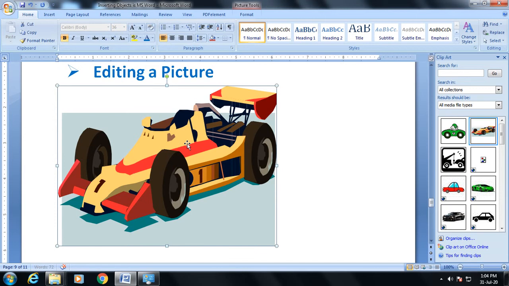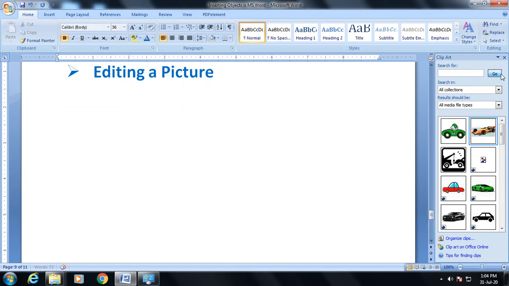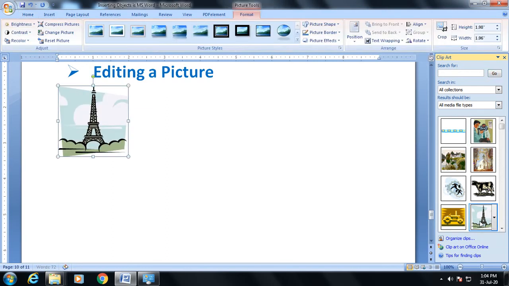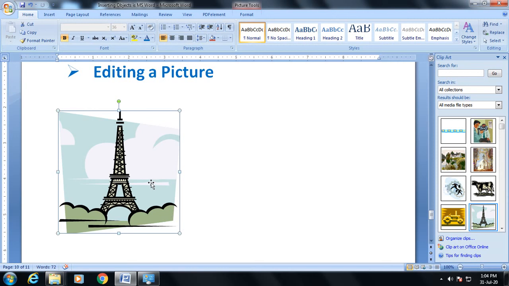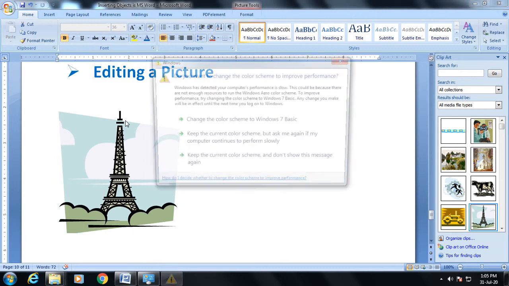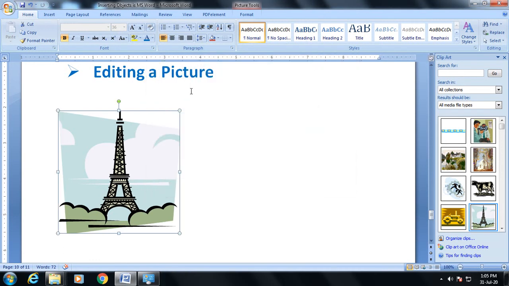Now let's insert a picture, that is the Eiffel Tower. This is the image of the Eiffel Tower. Now I want to rotate this image. The Eiffel Tower is straight, and I want to rotate it. How can I do it?